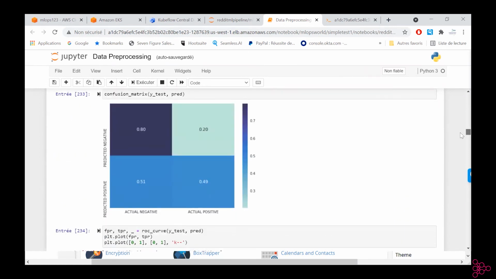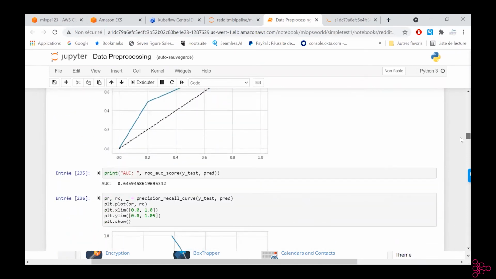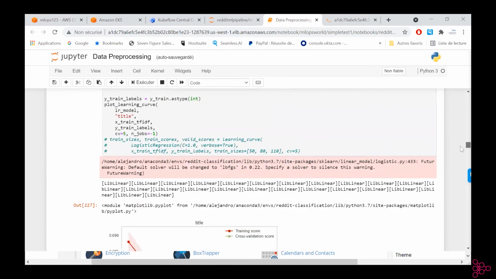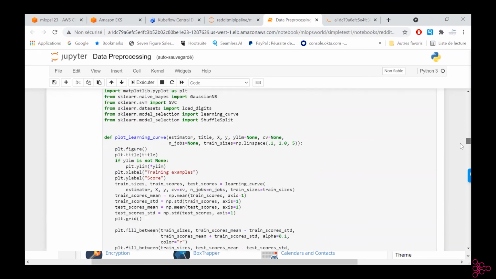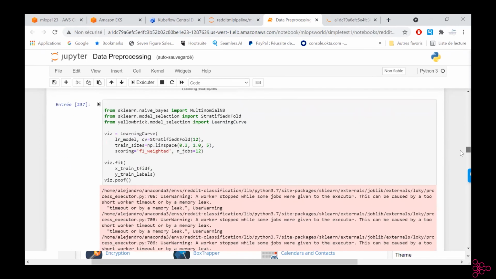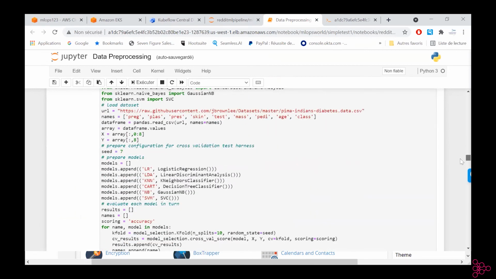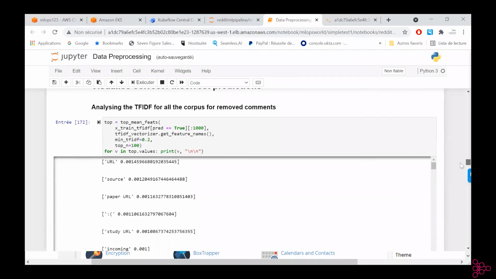We have our confusion matrix here, ROC AUC curve, F1 score. Again, more visualization. They tried different models as well to compare between them and get results.